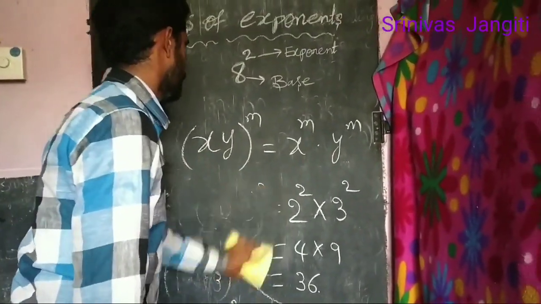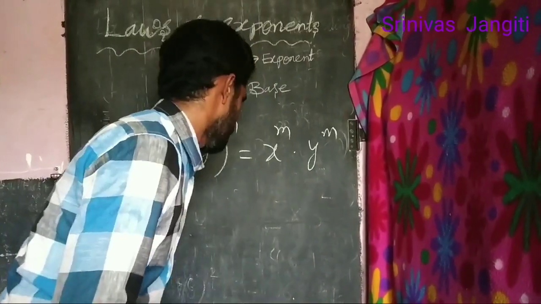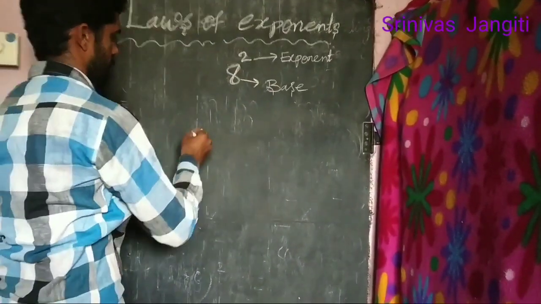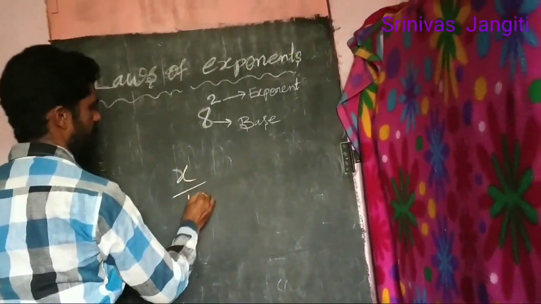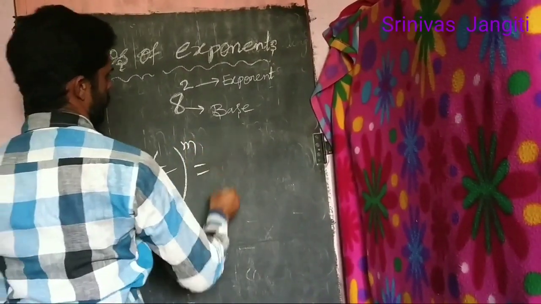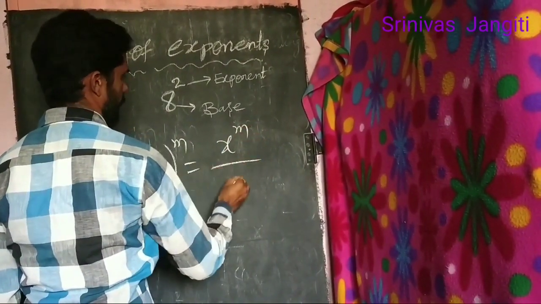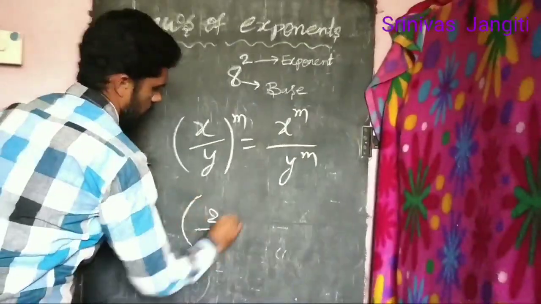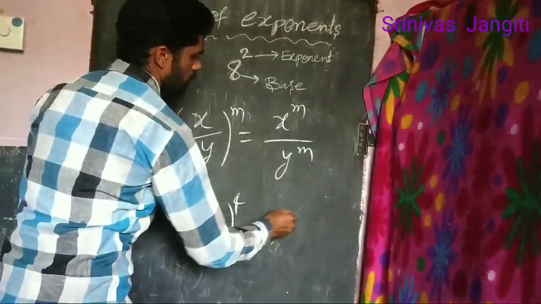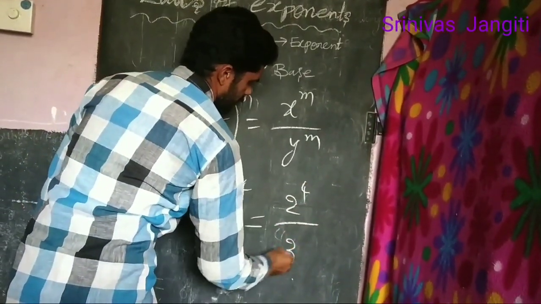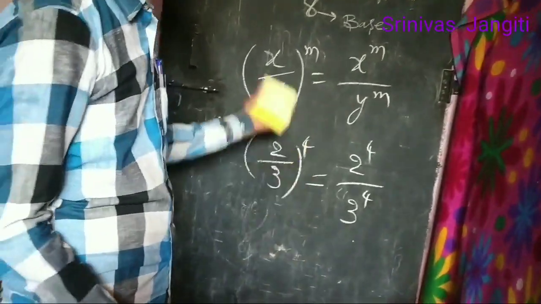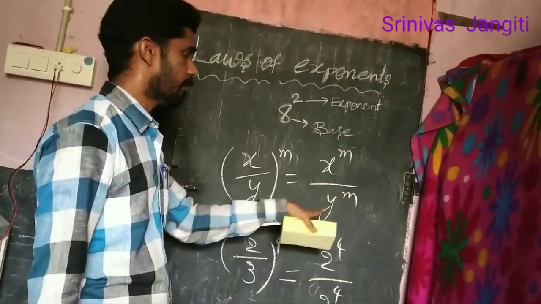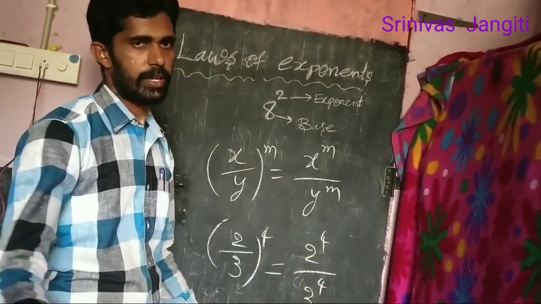And the next small difference is here. What is the difference of the next law? Here you took the product. Now right. The next one is by. x by y whole to the power of m is equal to x to the power of m by y to the power of m. Here, so simple. Suppose 2 by 3 whole to the power of 4. What is going on here? 2 to the power of 4 by 3 to the power of 4. So simple, I think. Anything hard? x by y whole to the power of m is equal to x to the power of m by y to the power of m. The same way, already.